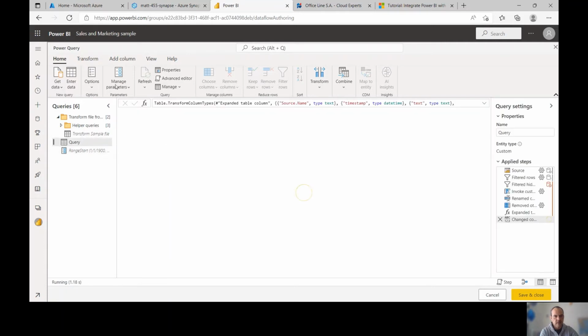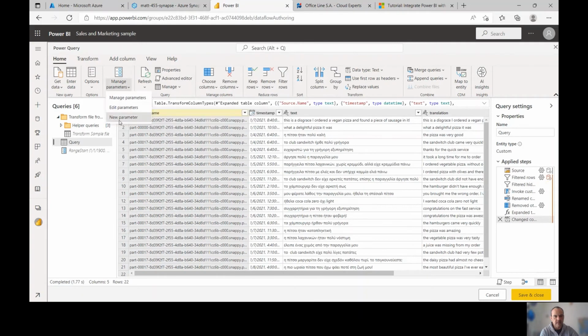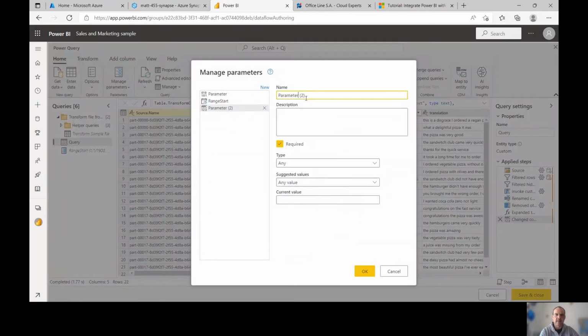And then you need another parameter to mark the end date. So range end. You can use a date in the distant future.